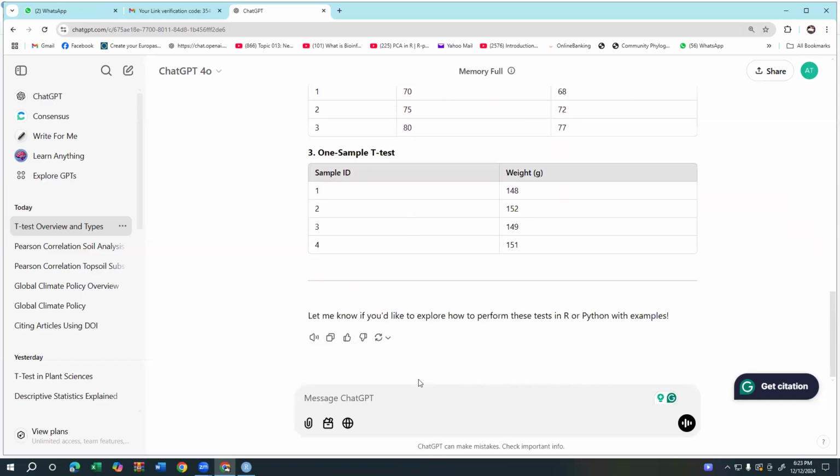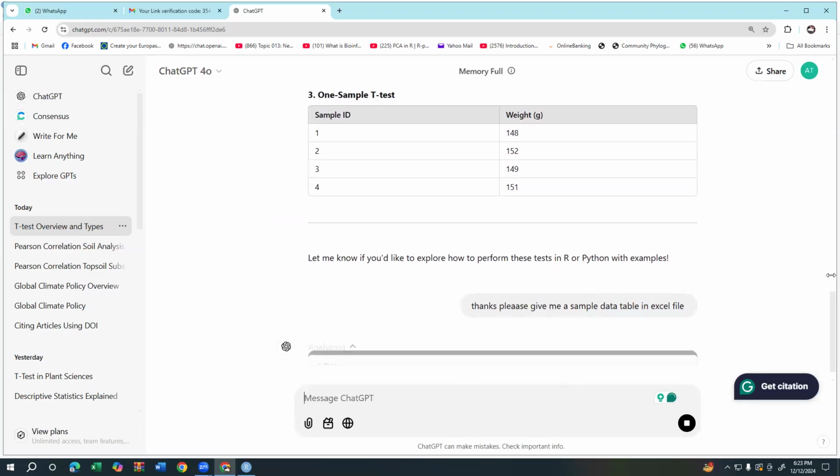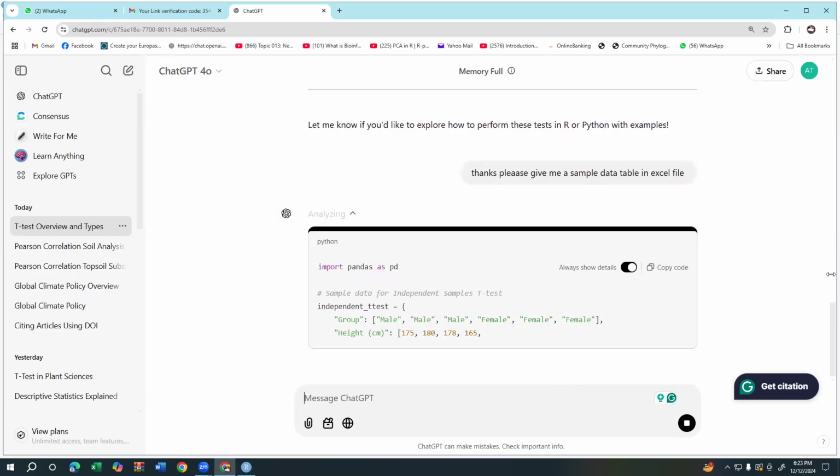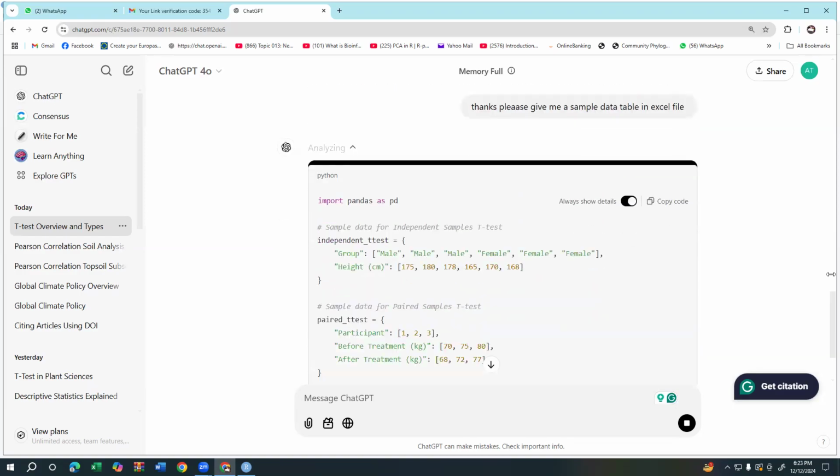Now we need to get a sample data file. I am writing a line here: please give me a sample data table in Excel file, and send this message to ChatGPT. ChatGPT will give you the sample Excel file. So please, all participants,